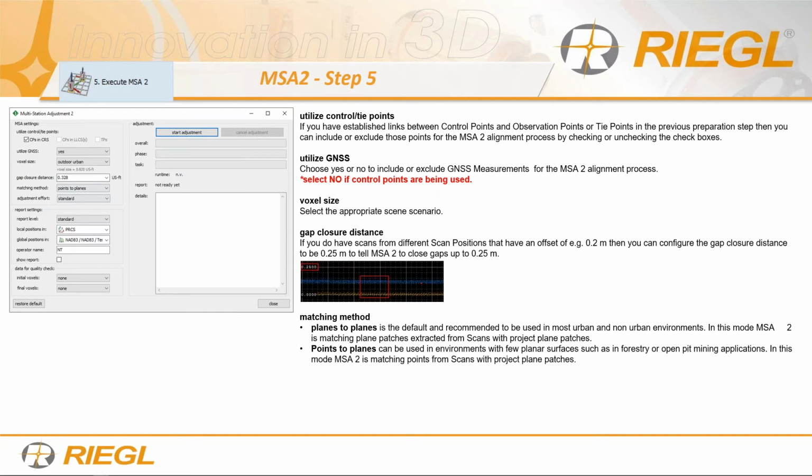Right? Do not utilize the GNSS if you are using survey control, because it takes that into account. So typically, survey control is much tighter, with better accuracy than just GPS, right? So earlier, when I displayed the principle of MSA2, GPS is accounted for during this step number 5